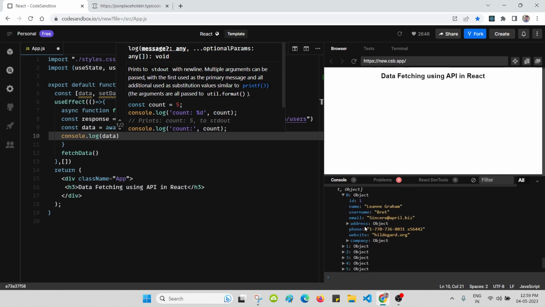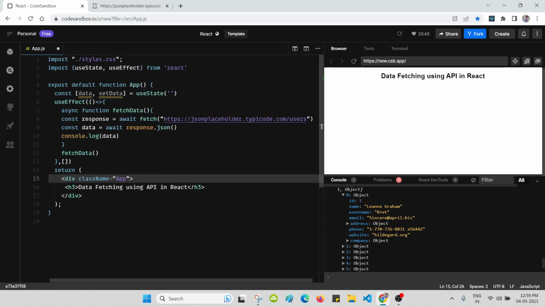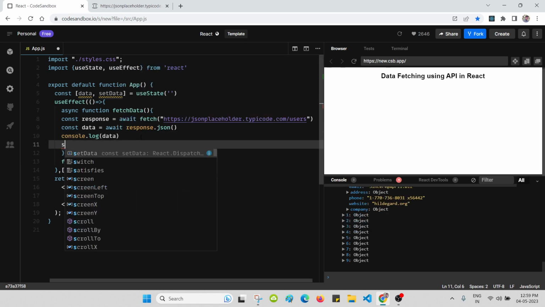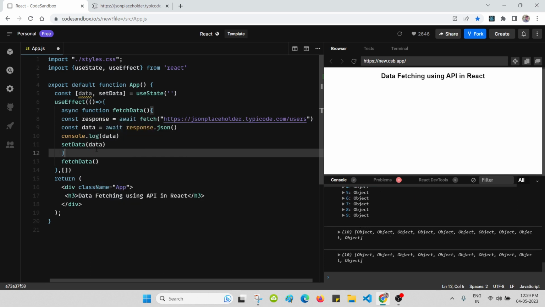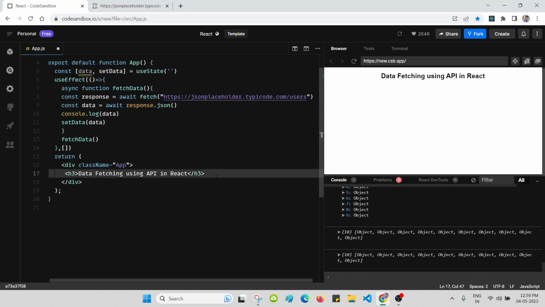So this is our data: name, username, email, right? So we are getting the data, and we will use the method set data. After this, we will bind this data to this UI. To bind this data on the UI, we will